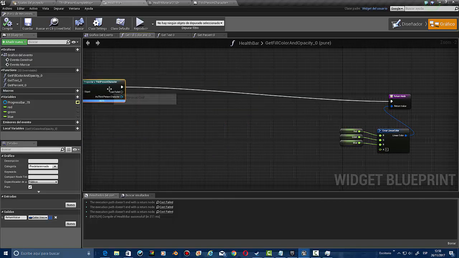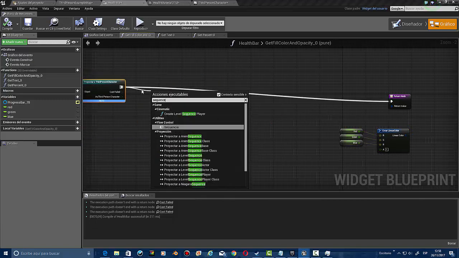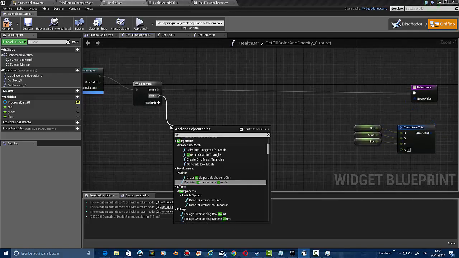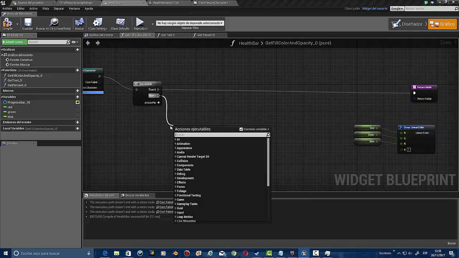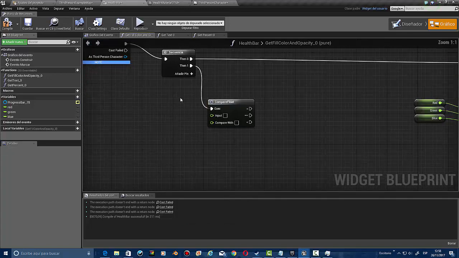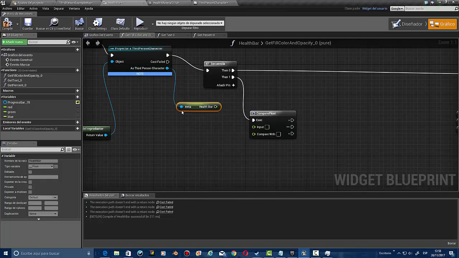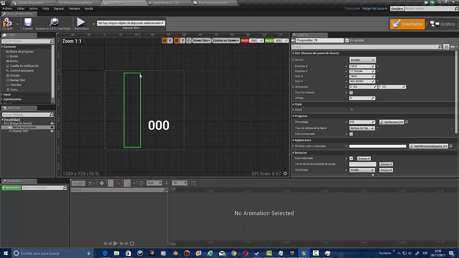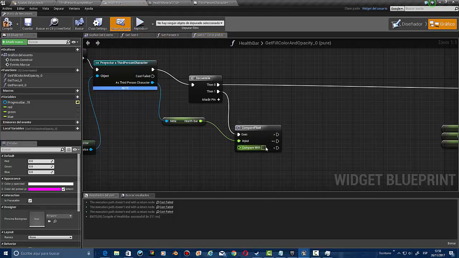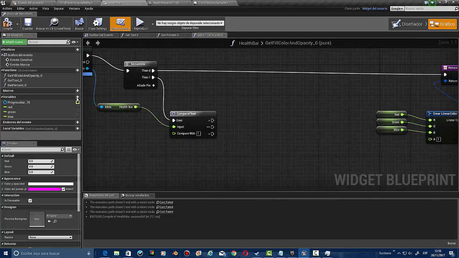We're going to make a sequence out of here so we can make different steps out of here, and we're going to compare float. We're going to get health out of here as the input and compare with, let's say we want this to work like this. From here to here is gonna be blue, and from the half down to 0.3 is going to be yellow, and from 0.3 to lower it's going to be red, just like I made before. So what we're gonna be doing is going to be compared with 1,